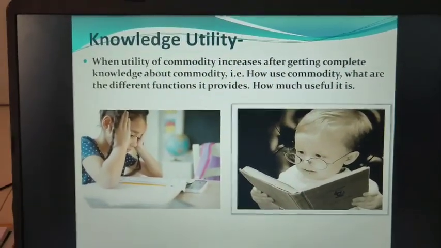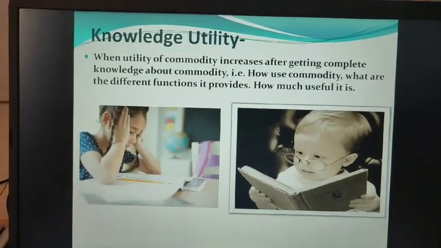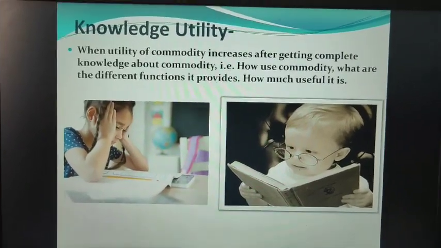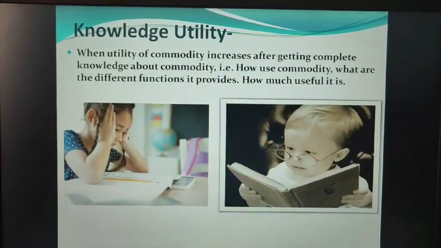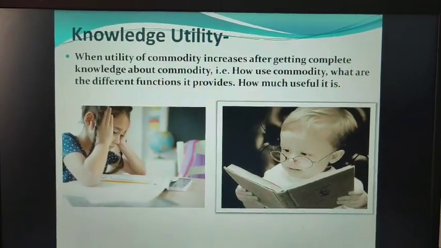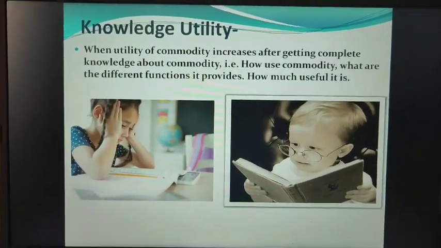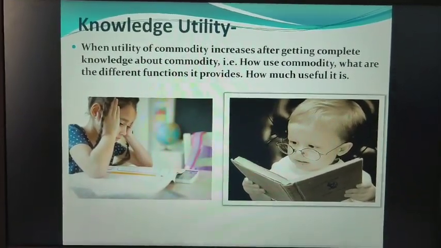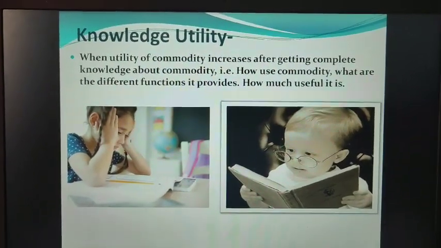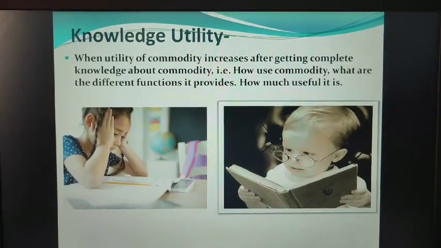मेरे पास एक बहुत अच्छे फंक्शंस एंड फीचर्स वाला लैपटॉप, कंप्यूटर ला के रख दिया, बट मुझे उसमें से कुछ ही फंक्शंस पता हैं, मुझे सारे फंक्शंस का नॉलेज नहीं है। उसके कंपैरिजन में यहाँ पे एक सॉफ्टवेयर इंजीनियर है, राइट, who knows everything about that laptop and that particular computer. तो कौन उस कंप्यूटर को ज़्यादा से ज़्यादा यूज़ कर सकता है, मैं या वो सॉफ्टवेयर इंजीनियर? Obviously that software engineer. Why?